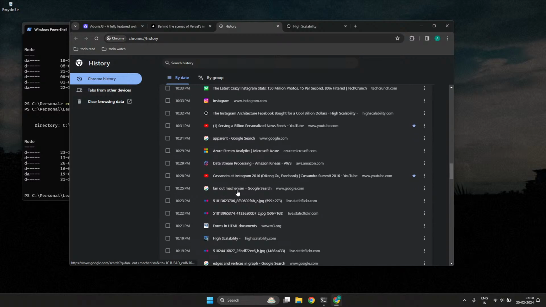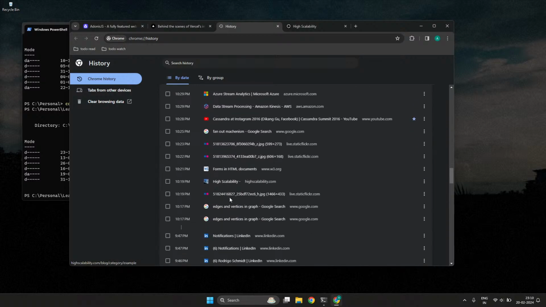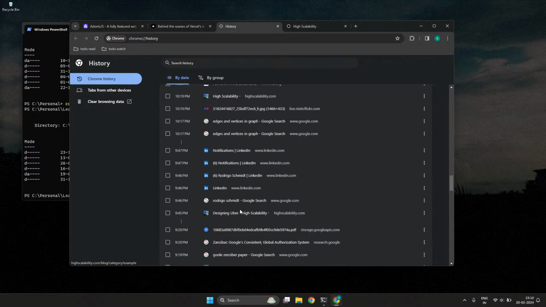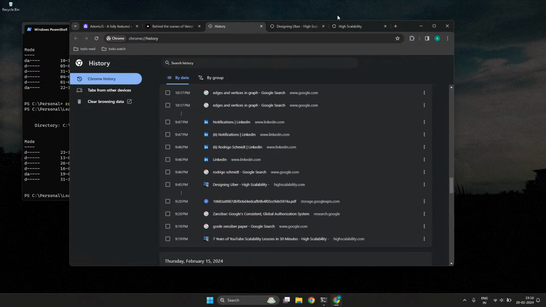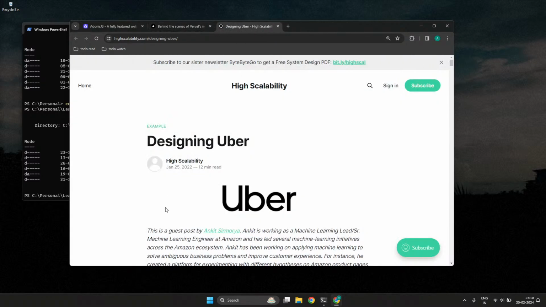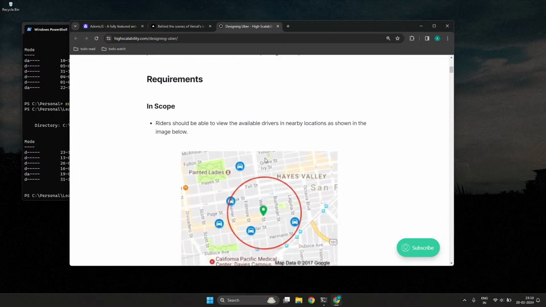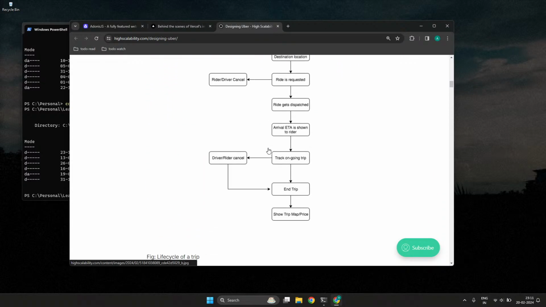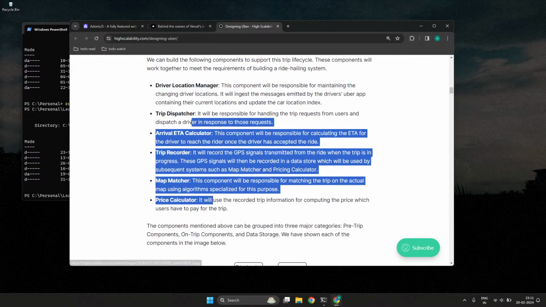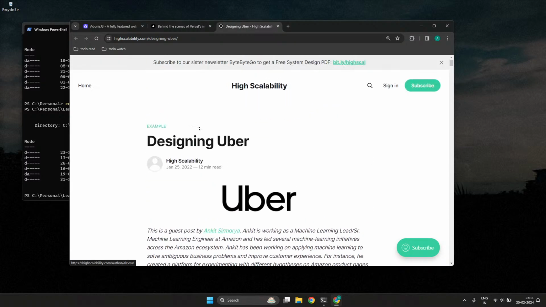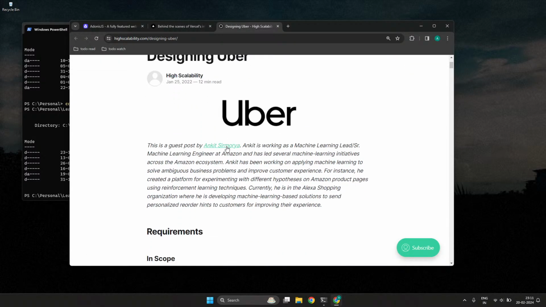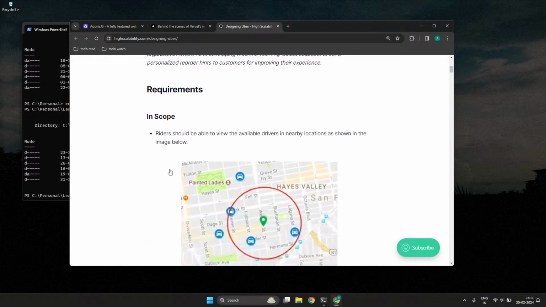This is the fan out mechanism of Instagram actually, the paper I was reading. Yep, this one. Design Uber, because I guess they updated their website. Yesterday it was different. I don't know, let's see. So designing Uber. In scope, rider should be able to view the